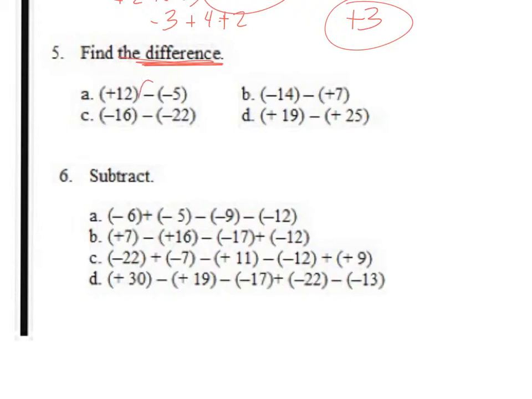When you are subtracting, what you want to do is change this sign to an addition sign. And you want to change the sign on your second number. So you're going to want to rewrite this as positive 12 plus, again, we change it to an addition statement, and from a negative 5, we're going to change that to a positive 5. So we change the sign of the second number only, not the first, and now we have an addition statement,